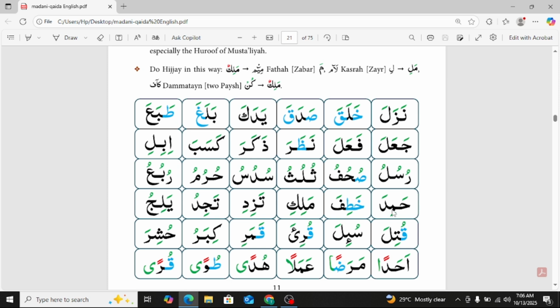Ha Zabar Ha, Mim Zer Mi, Dal Zabar Da, Hamida, Kha Zabar Kha, Ta Zer Ti, Fa Zabar Fa, Khatifa, Mim Zabar Ma, Lam Zer Li, Kaf Zer Ki, Maliki, Ta Zabar Ta, Za Zer Zi, Dal Zer Di, Tazidi, Ta Zabar Ta, Jim Zer Ji, Dal Pesh Du,